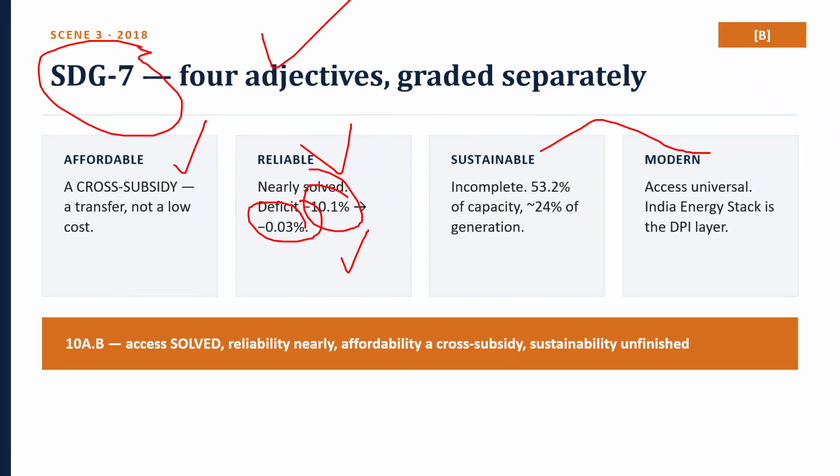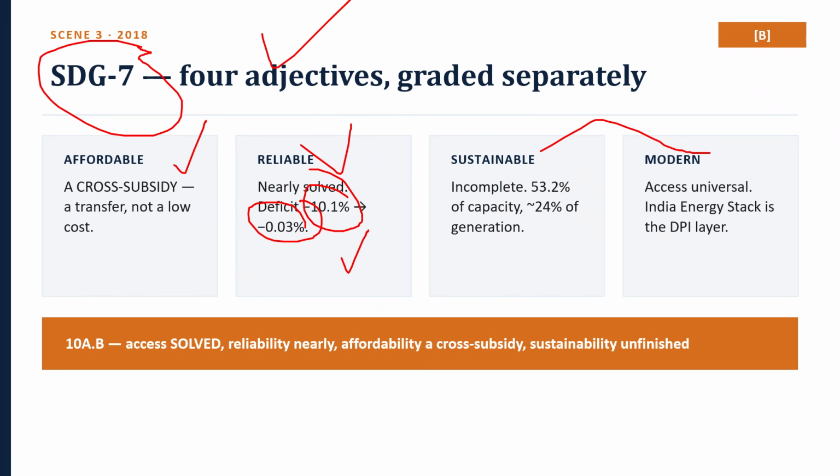Incomplete, and the reason is the chapter's spine. Non-fossils is 53.2% of installed capacity and about 24% of the 2025-26 generation target. Capacity is not generation. You have to simply understand this. Installed capacity is a different thing, generation is a different thing. The gap is capacity utilization, which makes storage and dispatchability the binding constraint rather than more